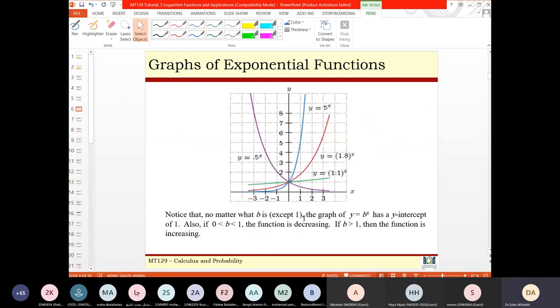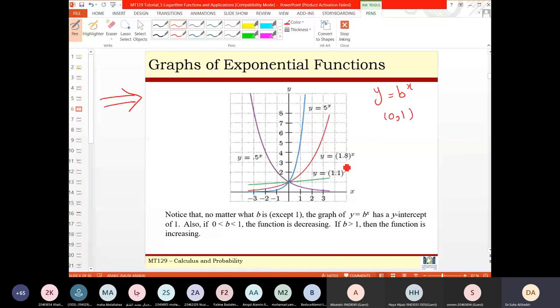Graph of the exponential function. The graph of the exponential function can be increasing, يعني طالع. Usually, if I'm checking increasing or decreasing, I look from the left. So the exponential function can be increasing or the exponential function can be decreasing. All the time, the exponential function passes through the point